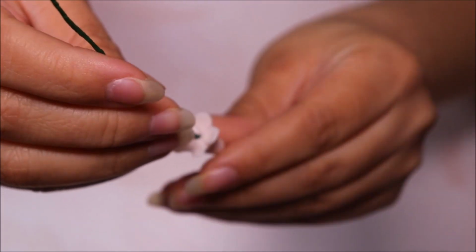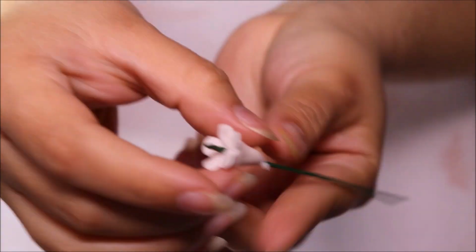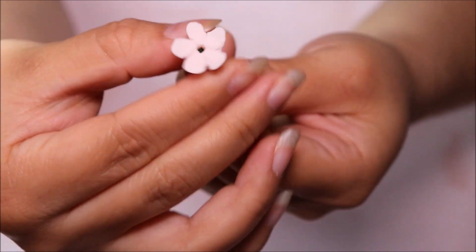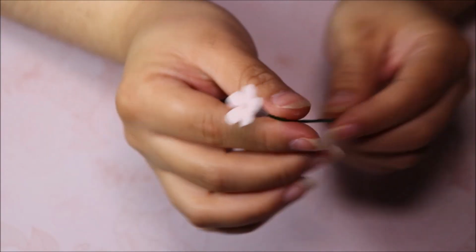The next step is just inserting the wire onto your gum paste flower. You can dip the wire into a little bit of either egg white or edible glue to help it adhere to the gum paste, and then press around the base of the flower to make sure it is actually adhered